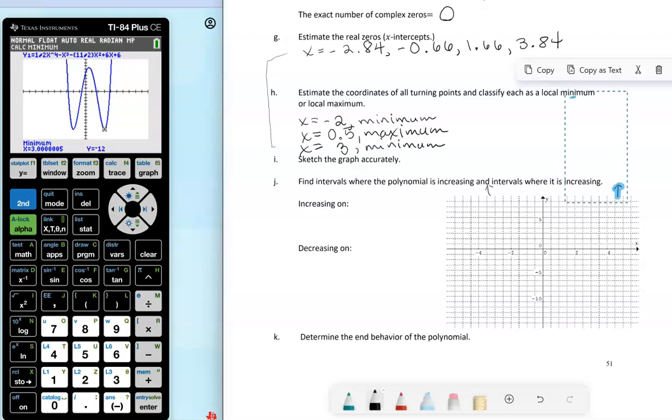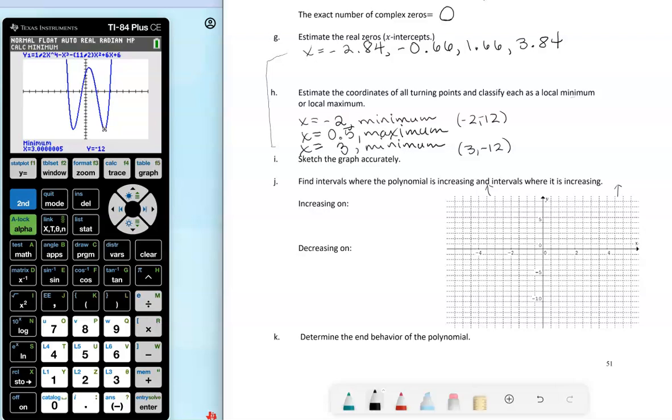My minimums happened at -2, -12, excuse me, and at 3, -12. And I just looked over here and I saw that this minimum was at -12 on the y, so I could get those in there very nicely. So -2,